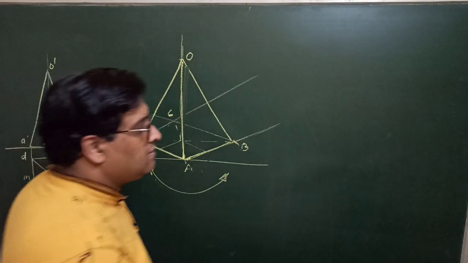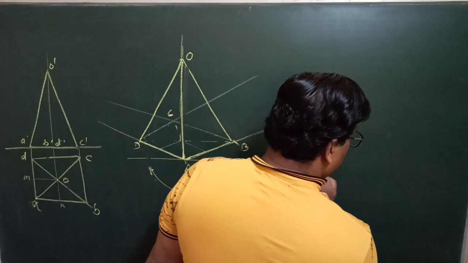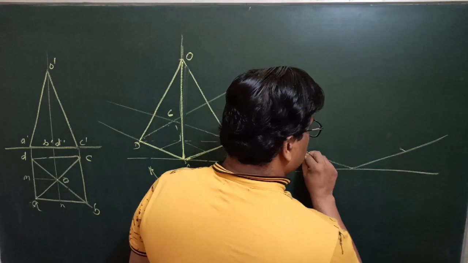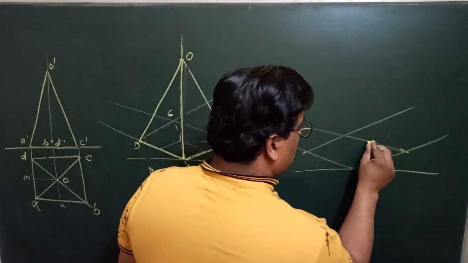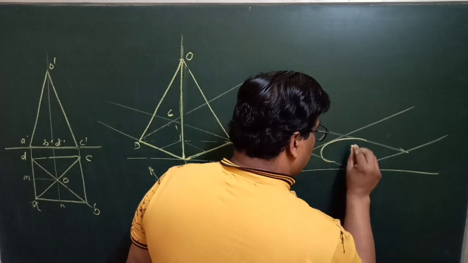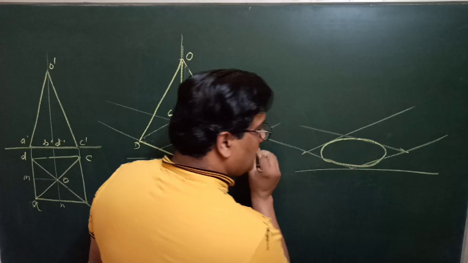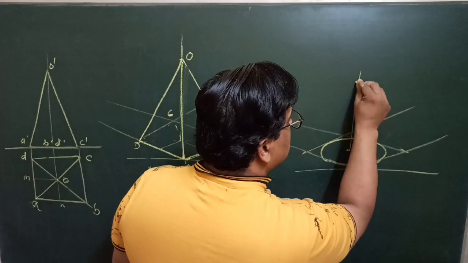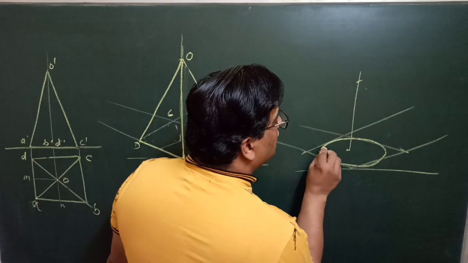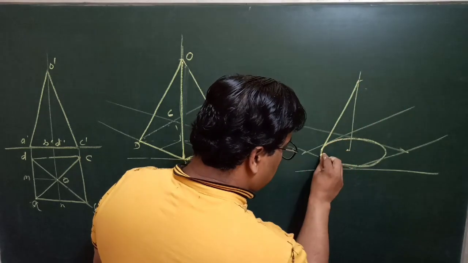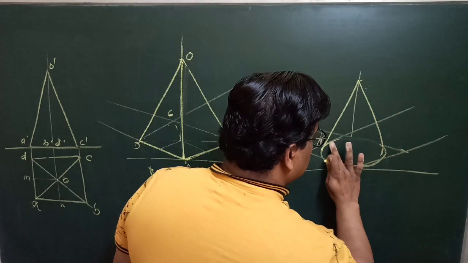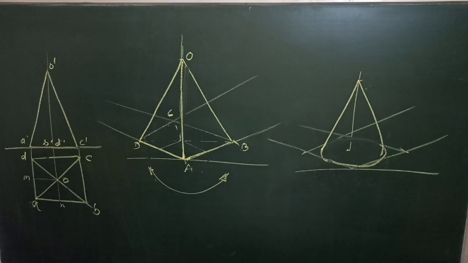If this would be a cone, then what you will have to do, you have to draw an ellipse in the base using either four centers method or method of points, that is MN method, like this. Mark the center, draw a vertical line and cut the height, and join this point with a line tangential to this ellipse, and this line must not be darkened. So this is the isometric projection of the cone.